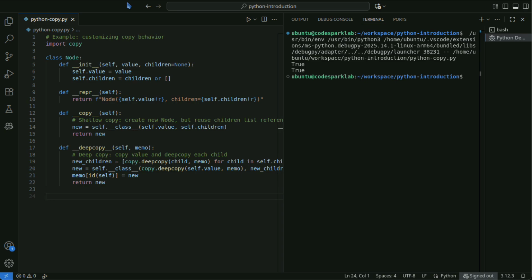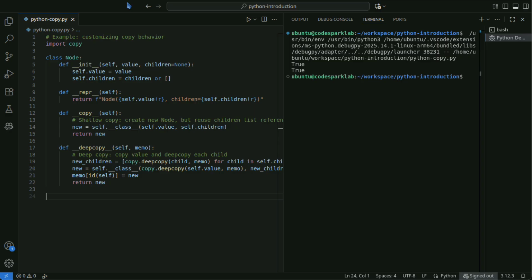By implementing __copy__ and __deepcopy__, you can flexibly control class-specific copying behavior. For example, you can handle cases where certain attributes should refer to, share, the same object, while other attributes should be duplicated as entirely new objects.